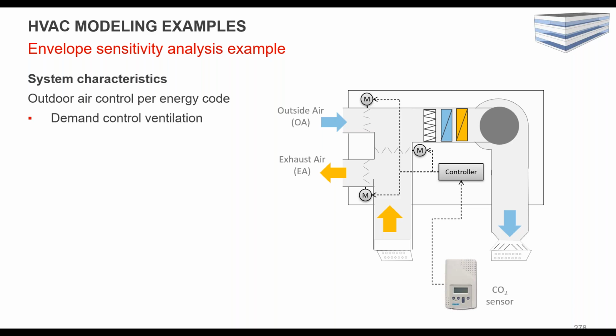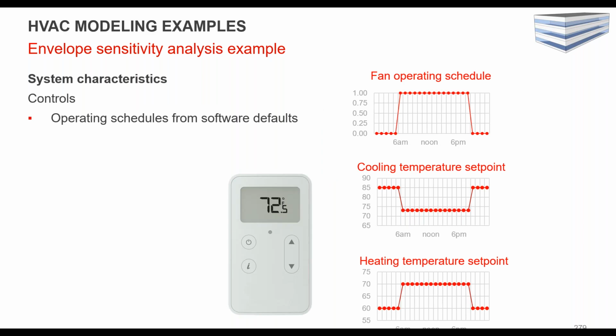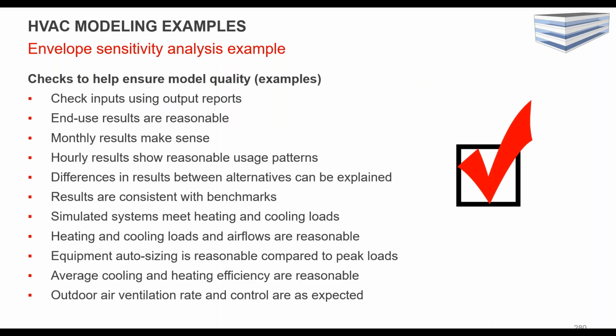Sometimes the software will do a CO2 generation per person in the room, and then that will tell you whether or not you trigger your limits. And then you also need to set up, as we talked about yesterday, a fan schedule and cooling and heating set point schedules. So again, these might be very generic at this point if all you're looking at is facade, right? You don't really want to do anything crazy here. You kind of want to get through and make it quick.